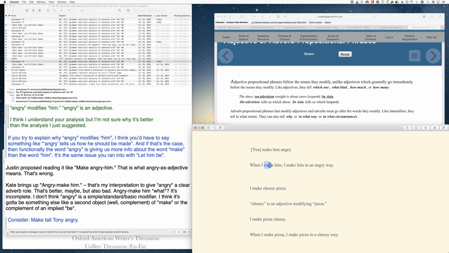But by make, we have to understand this to mean like bring about, elicit an emotional response, that sort of thing. But I think this is the key thing. In an angry way. And so, within my implied prepositional phrase theory, we see the role of the adjective, and we see why